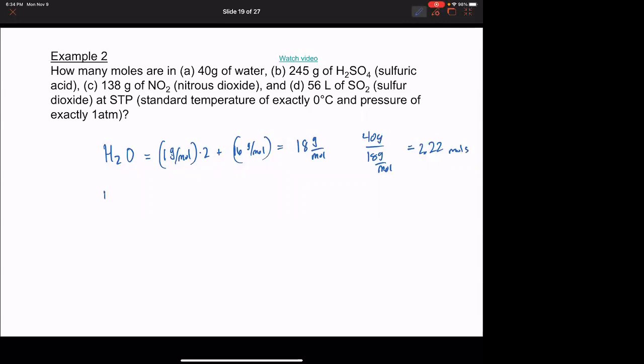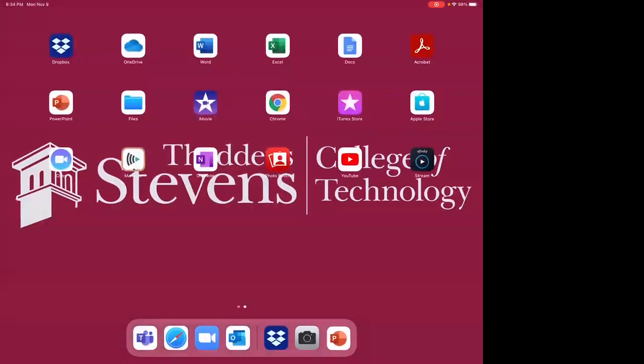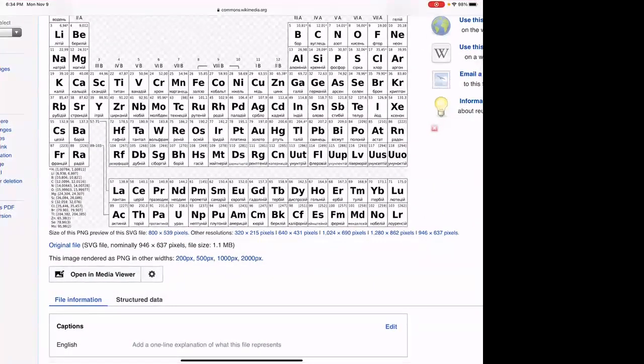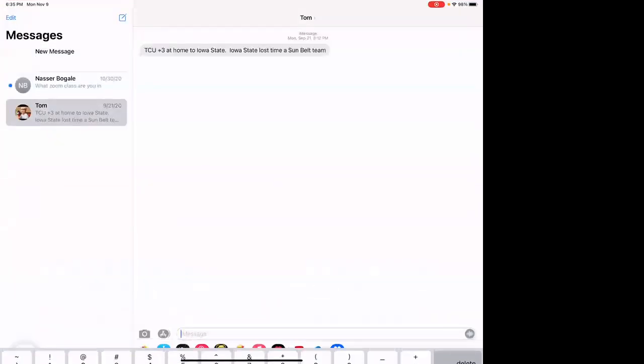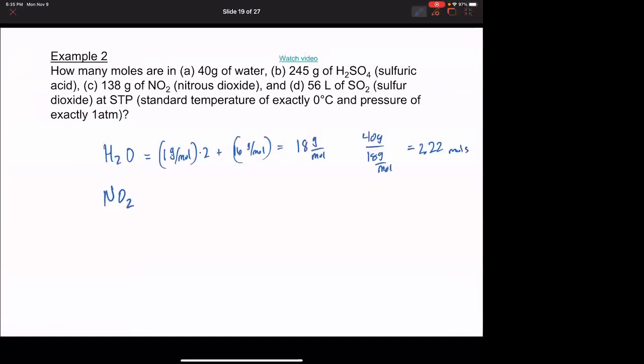Now, if we do NO2, go back to our periodic table: nitrogen is 14, oxygen is 12. Uh-oh, what happened there? So we have 14 plus 2 times 16. Oxygen is 16, I meant. I said 12, I was looking at carbon. So that's 32 plus 14, that's 46 grams per mole. Divided by 138 grams, wrong way, Mr. Manning. So we have 138 divided by 46. 3 moles